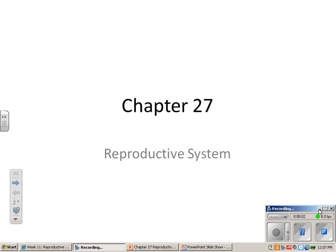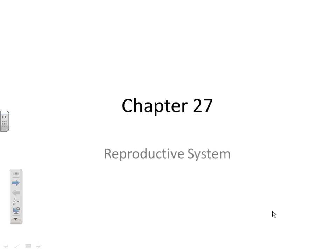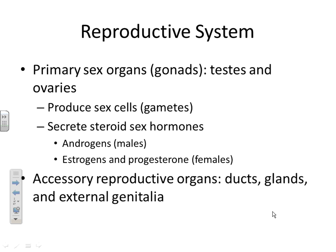We're now ready to move into Chapter 27 of our A&P textbook and study the reproductive system. As we study the reproductive system, first you need to really pay attention to the anatomy of both the male and female reproductive systems. We're then going to look at how the gametes, which for a man would be the sperm and for a female would be the egg, how they're produced inside of the body,